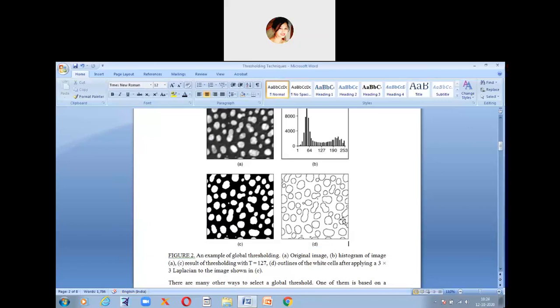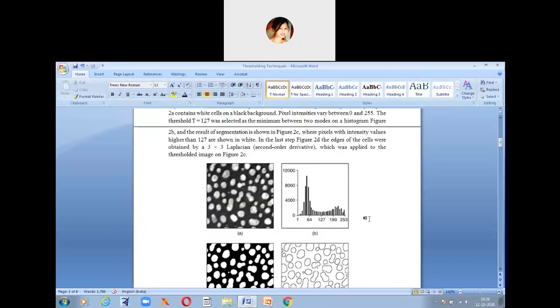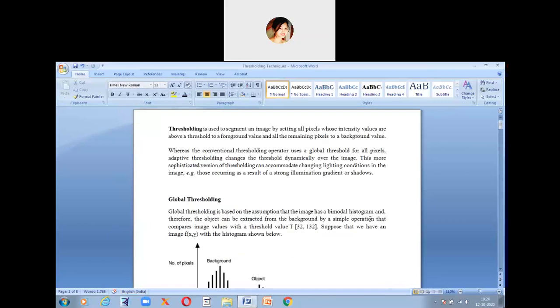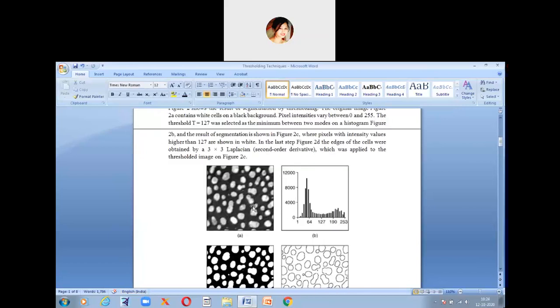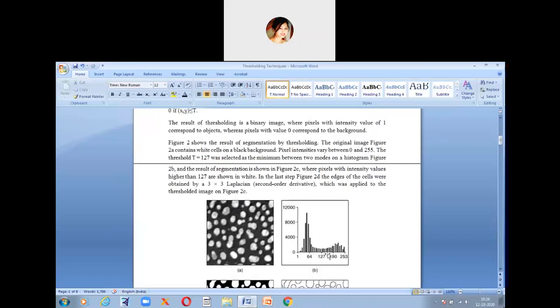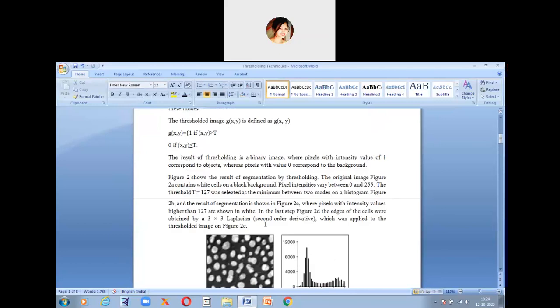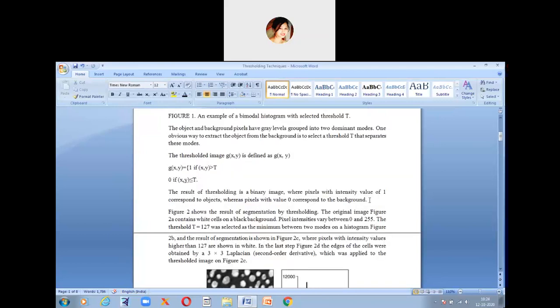Okay, so Laplacian, we have different types of operators also. Okay, so we spoke about one conventional operator, right? So this is a conventional thresholding operator, and this is some Laplacian, that is, it is a second derivative operator. Okay, so this is a Laplacian operator they are using. We'll talk about the Laplacian operator again.